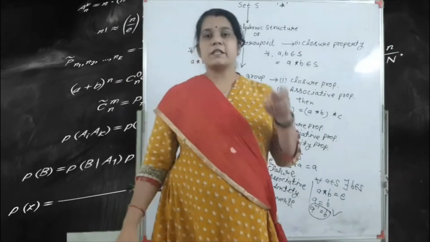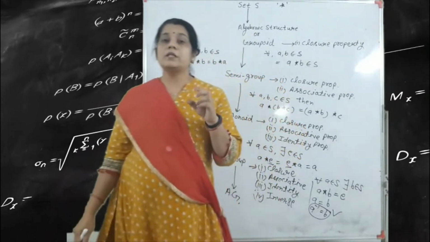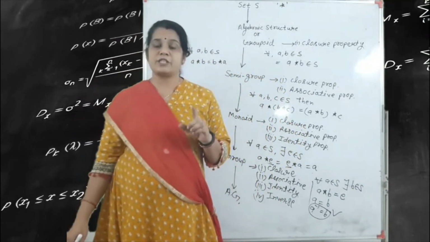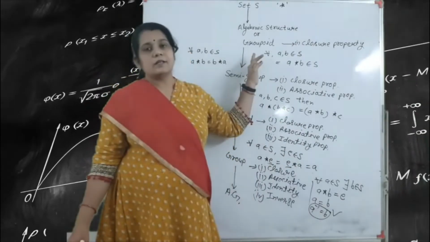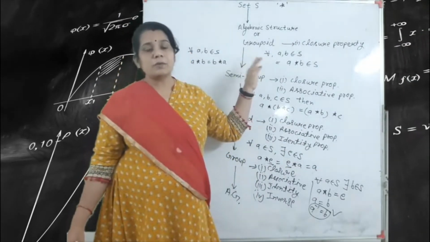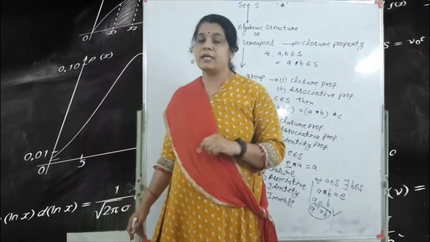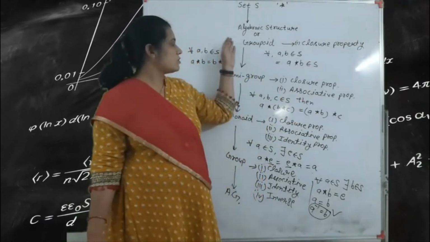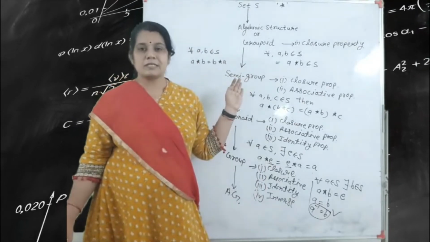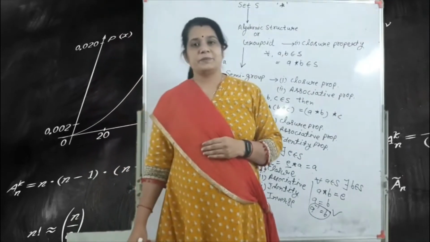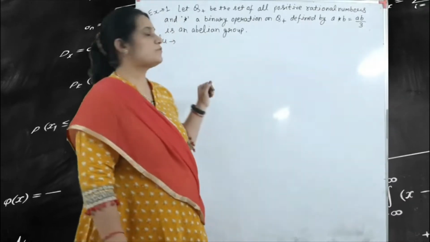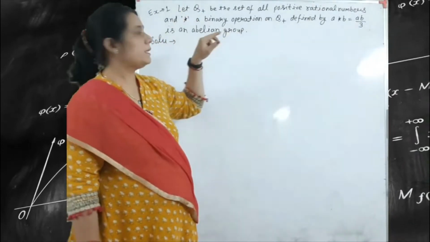Okay, so this is a very important topic according to your chapter 4 algebraic expression, because always one question depends on the group and the abelian group. Okay, so we have solved different types of examples to find the group and the abelian group. So the example is for the group and finding the abelian group.